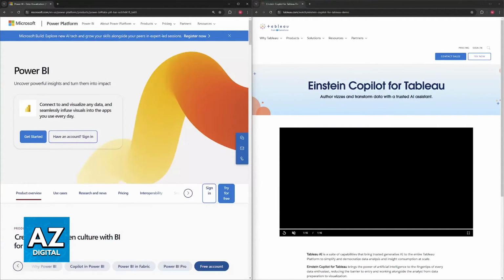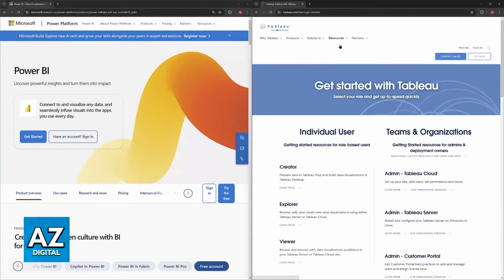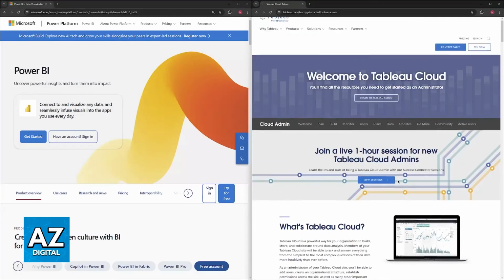So it mostly comes down to considering the visualization needs. If you want highly customizable and visually intricate dashboards, Tableau might be the option because of its more advanced tools, but there is the learning curve like I mentioned previously. And if you are already in an existing Microsoft ecosystem, it should be better for you to use Power BI because it is going to make it easier to import and export data from those tools.